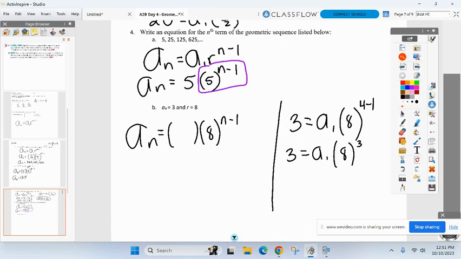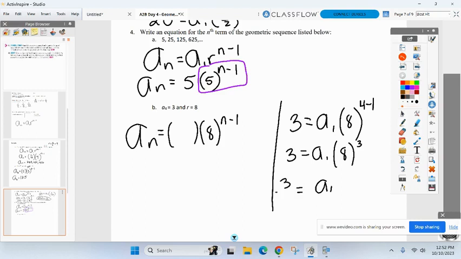3 over 512. I tried doing a to the 3rd, right? I got 512, and then I divided 3 by 512. But then I got a really long decimal. Well, just leave it at 3 over 512, because that's our first term. Yeah, just here, A1 equals